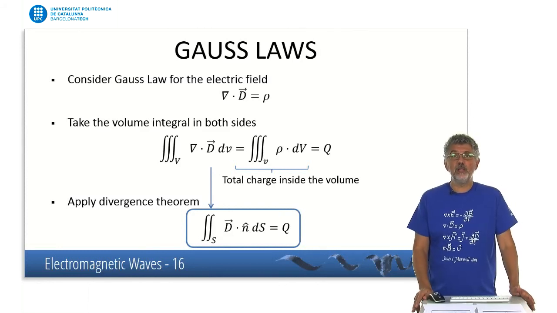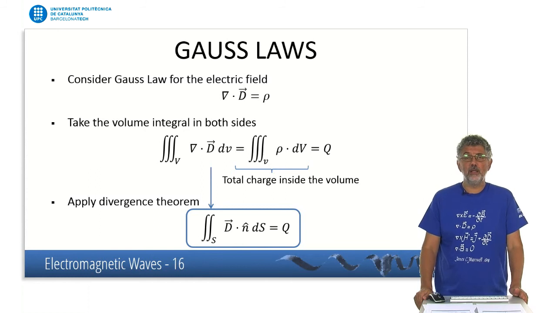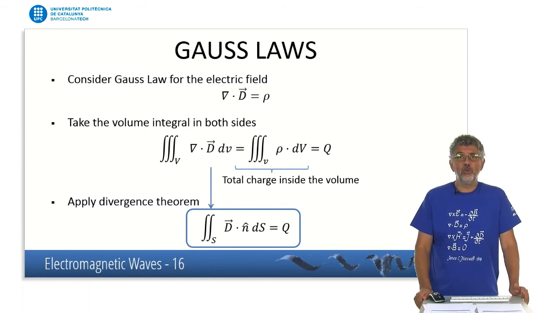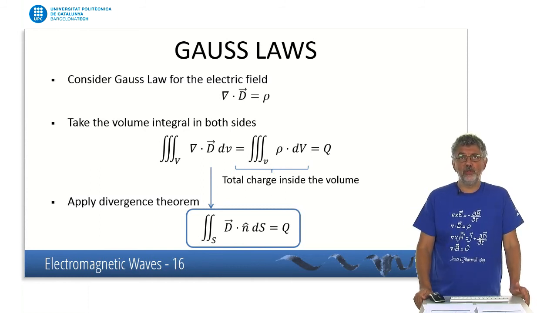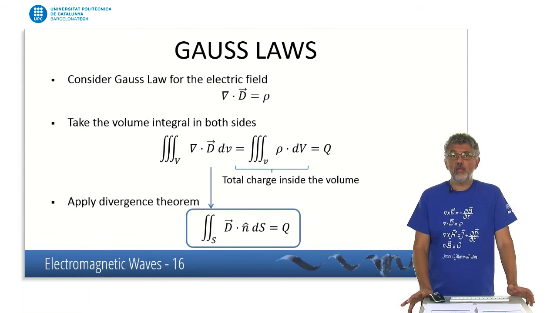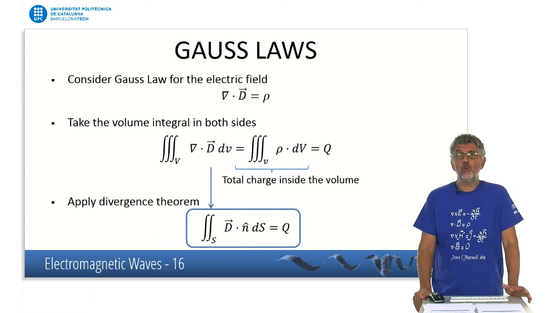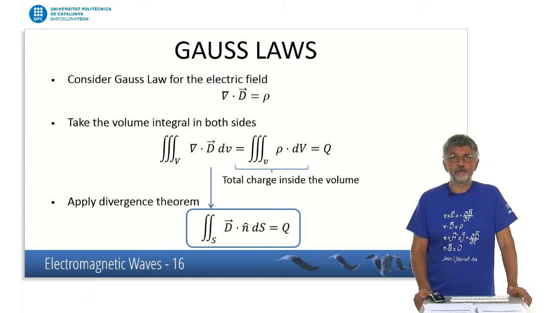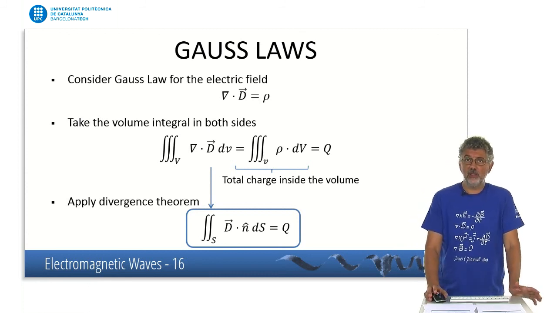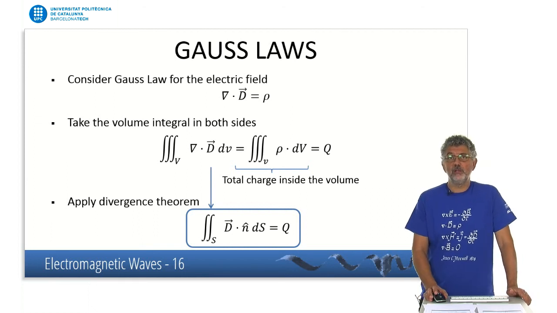Now that we have given certain minimal physical insight to those vector operators, the curl and the divergence, let's see what they tell us in the context of Maxwell equations. For that, we're going to start with Gauss laws. Remember that Gauss law for the electric field is given by the divergence of D is rho, where rho is